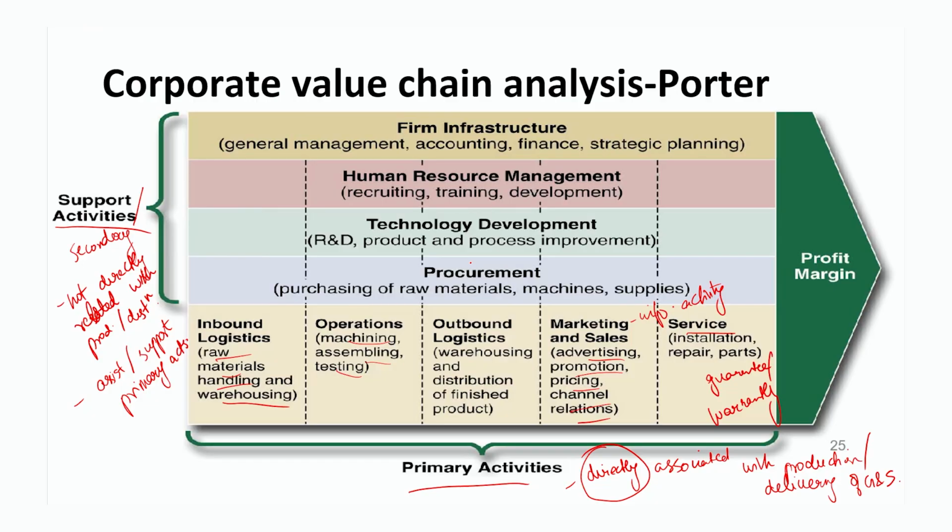Like we have procurement. What is procurement? How we are ordering our raw material, the entire process in knowing what we want to know, inviting bids or tenders or quotations, giving the order, negotiations, all those activities which basically support our inbound logistics is part of procurement. Many times we get confused that procurement is same as inbound logistics, but there is a difference. Procurement assists inbound logistics. The area where procurement ends, our inbound logistics starts.